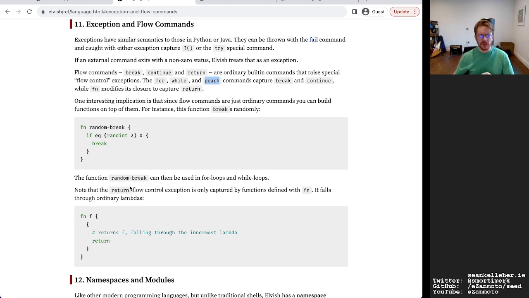Oh, weird. Yeah, so the break can exit the function. So that gives you somewhat, shall we say, Rust-like functionality. Not quite sure how I feel about that.